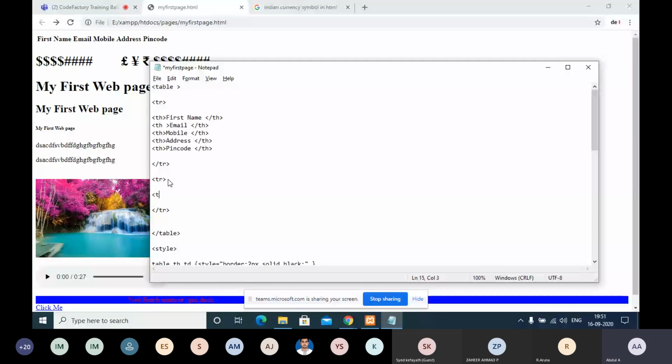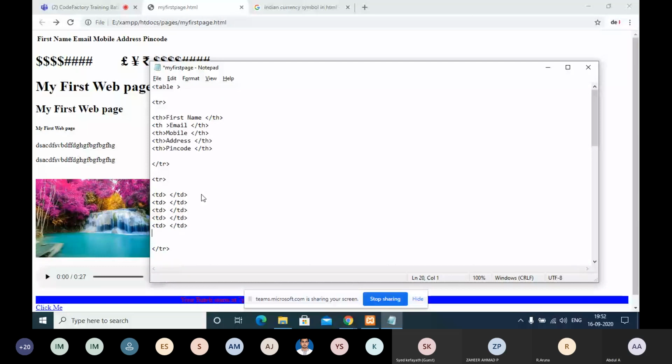So how many table headers are there? 1, 2, 3, 4, 5. Then we need 5 table data. So we copy and paste 4 times: 2 times, 3 times, 4 times, 5 times. Now what are the values?